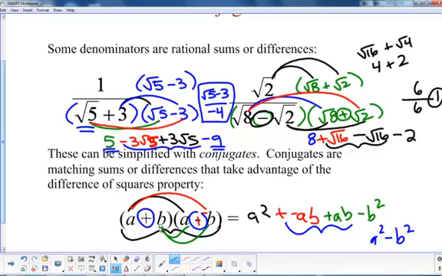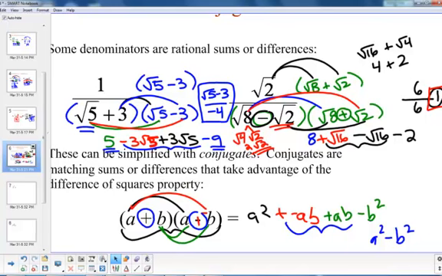If you saw that 8 simplifies into 4 times 2, which is 2 root 2, and then 2 root 2 minus root 2 is 1 root 2, that's why it's 1 as your answer. So I guess it probably would have been simpler to simplify the 8 first, but hey, who doesn't love a